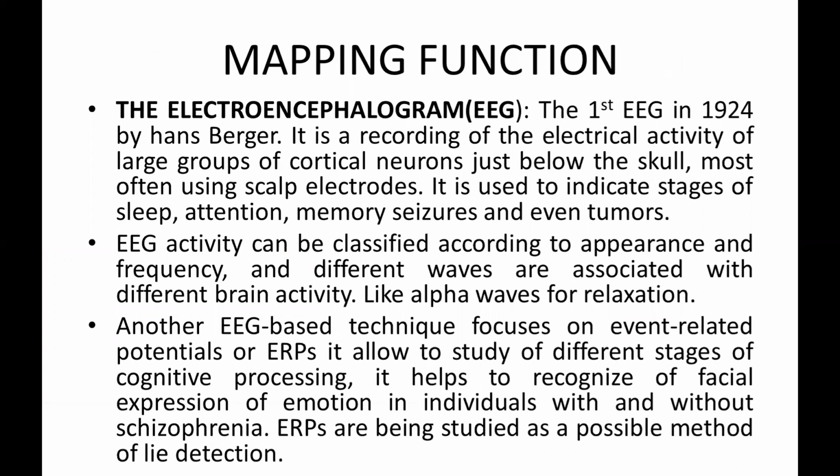The electroencephalogram, or EEG, is as important as imaging brain structure. It is sometimes important to know how different brain areas function. A fairly harmless way to study the activity of the living brain is to record the electrical activity of the cortex just below the skull using a device called an electroencephalograph. The first EEG recorded in humans was in the year 1924 by Hans Berger.